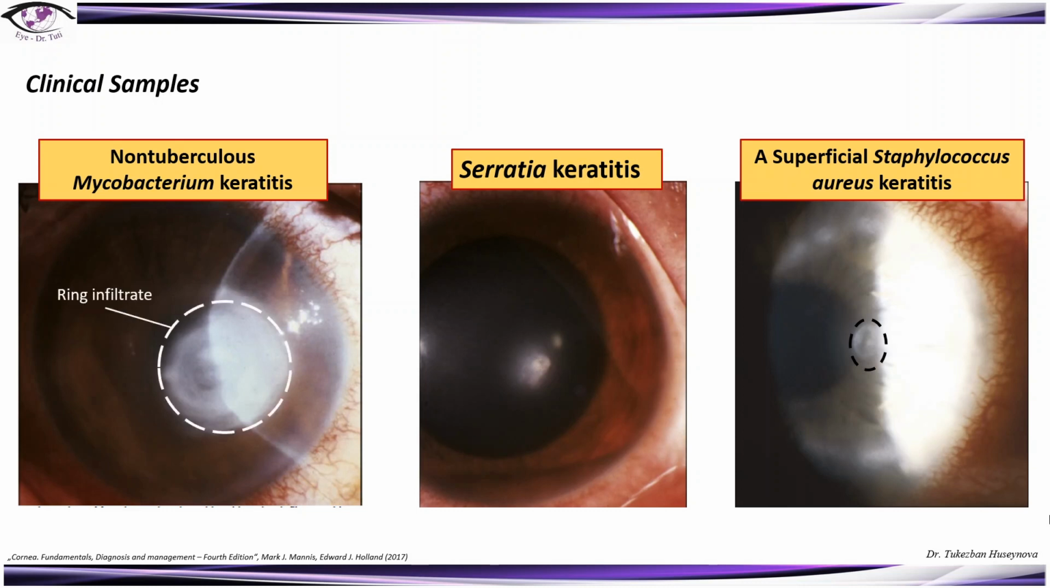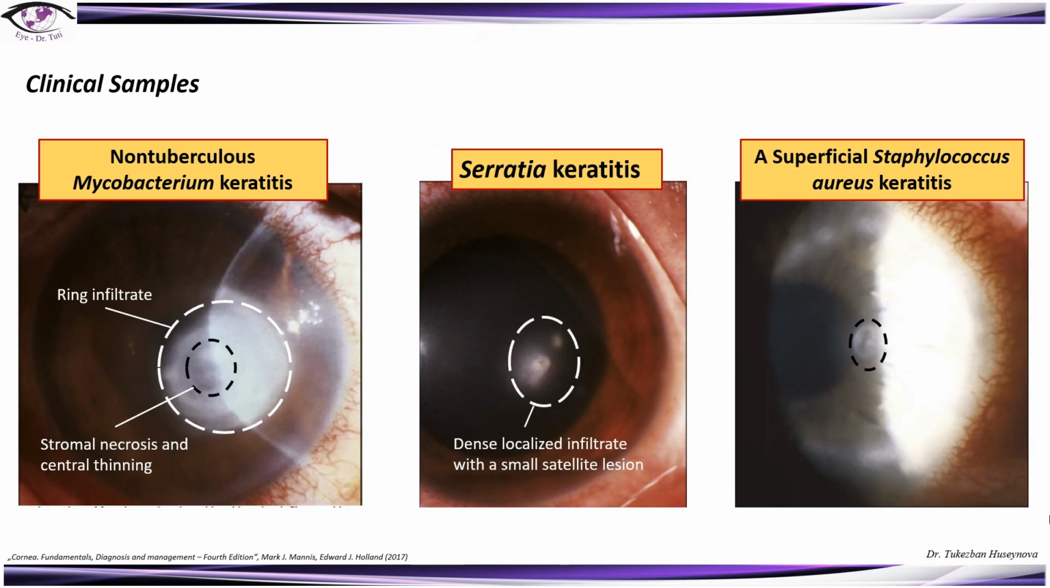In the first case, we can see a ring infiltrate with stromal necrosis and central thinning, mimicking Acanthamoeba keratitis. And of course, in those kinds of cases, when we cannot define exactly which keratitis we are dealing with, laboratory examination would be helpful. The second photo of Serratia keratitis has a small and dense localized infiltrate with a small satellite lesion,